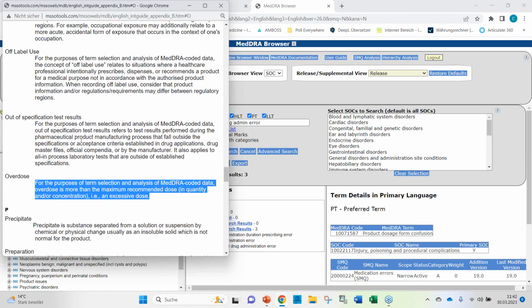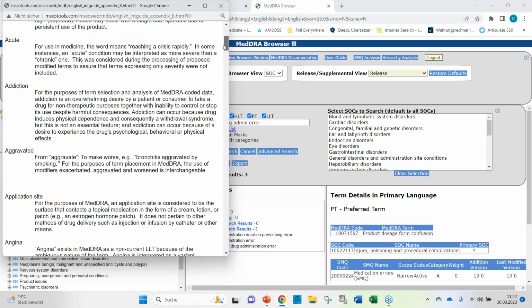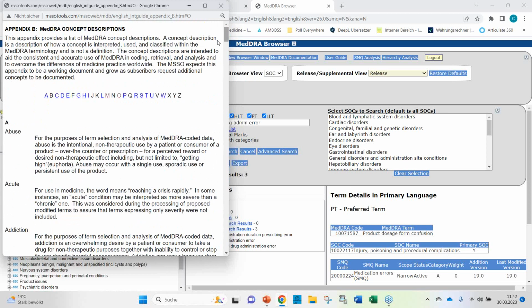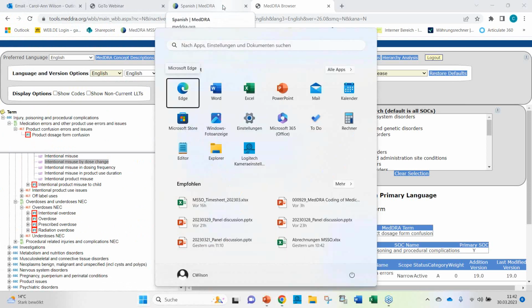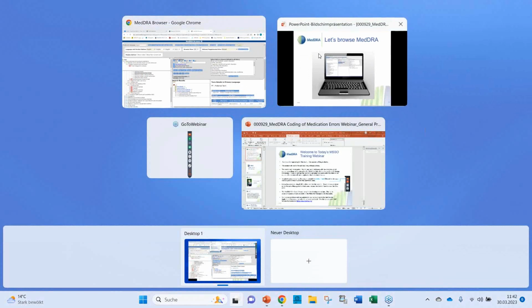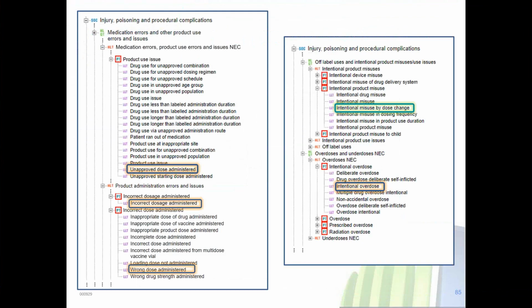And you will find many other concept descriptions here in alphabetical order as well. So here we are. Let me go back to my slides.